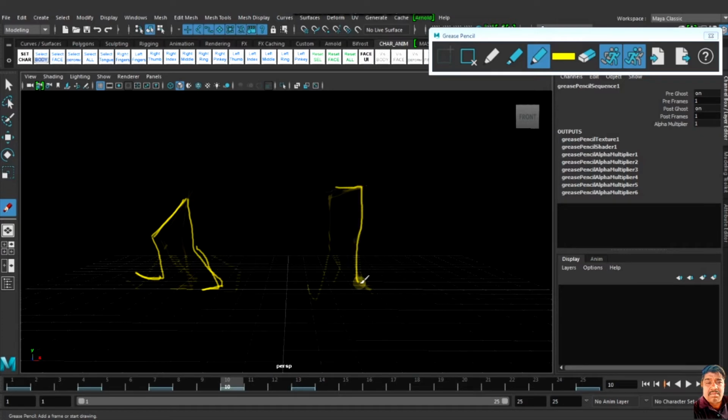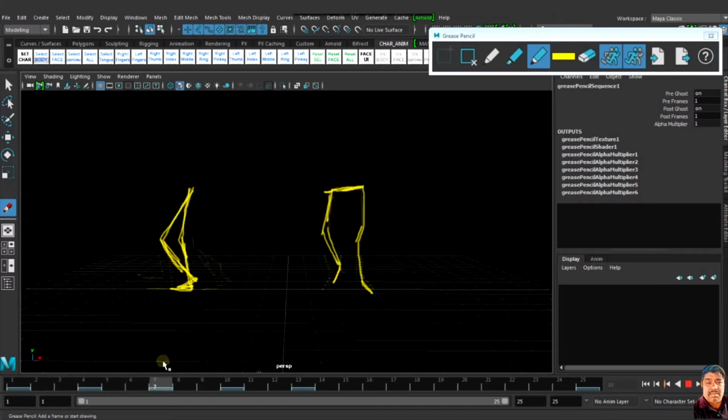This is my up pose. So now the thing is like this.